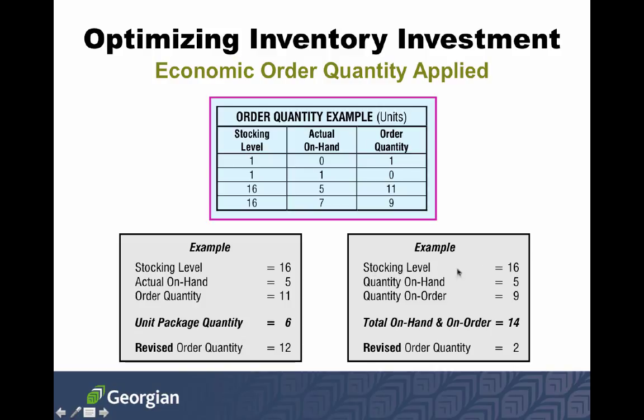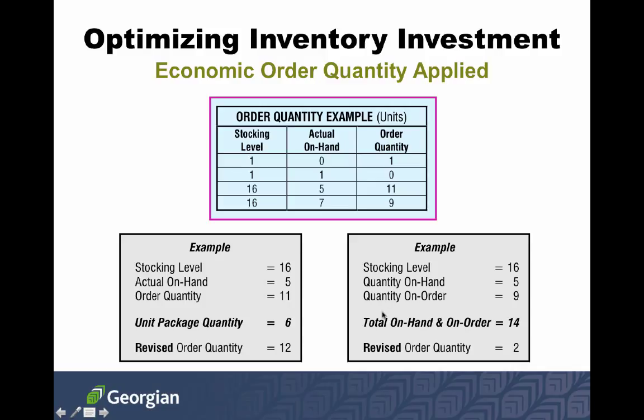Let's see here, my stocking level is 16, my on hand quantity is 5. So I really would need the 11 that are over here, but I have a quantity of 9 on order, and they've been for a couple of days on back order, so I forgot about that, and I still order my 11, and then all of a sudden the back order comes in, and I have a significant amount of excess